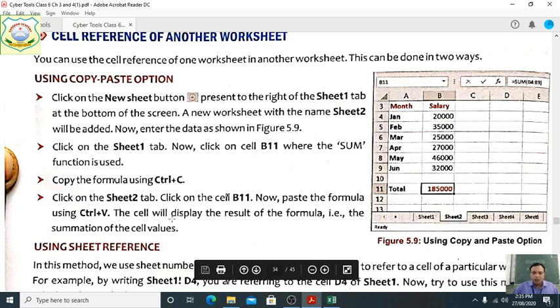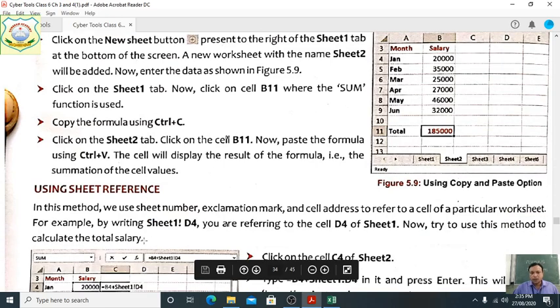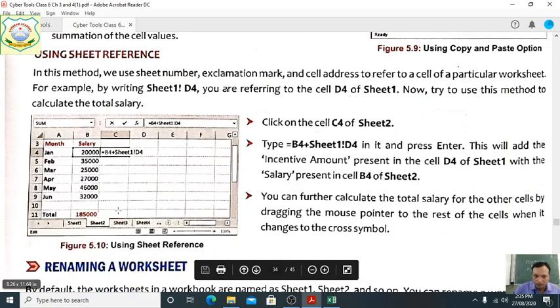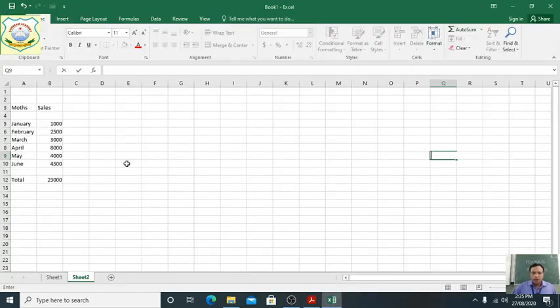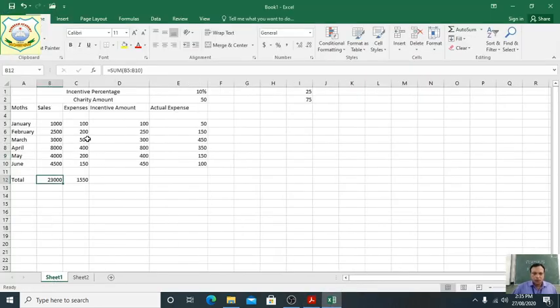The cell will display the result of the formula, that is the simulation of the cell values, using the sheet reference. From sheet 1, students, from this place, suppose we want to add this value 100 to this value.